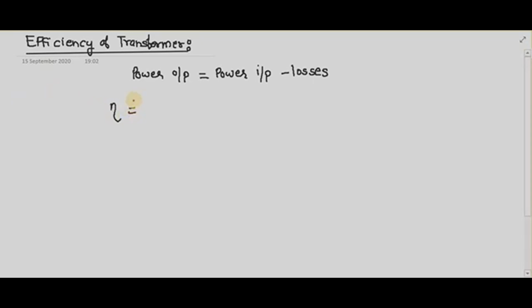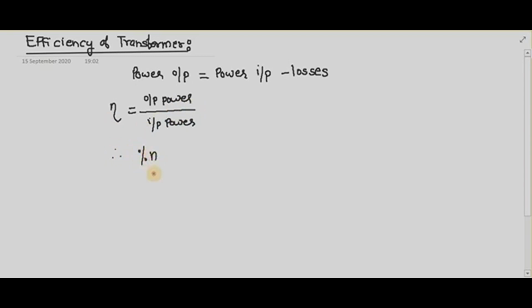Therefore, the ordinary or commercial efficiency of the transformer is defined as the ratio of output power to input power. So output power upon input power is nothing but the efficiency of the transformer. Both output power and input power are in watts or kilowatts. Hence, I can write down